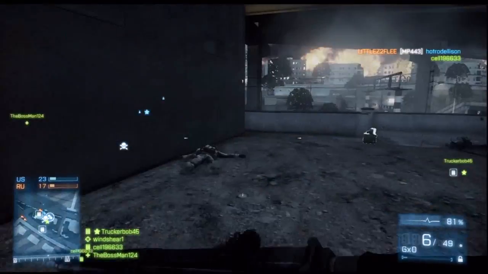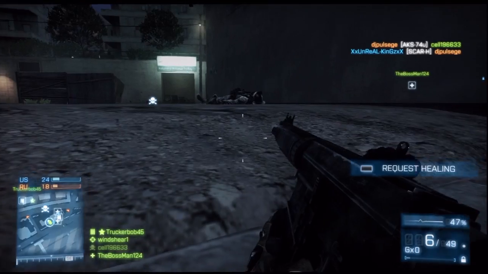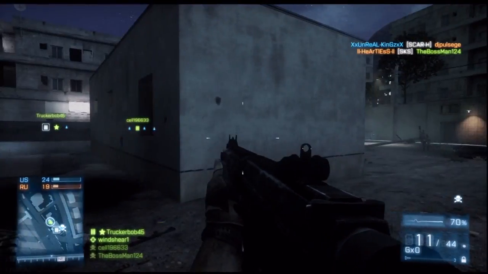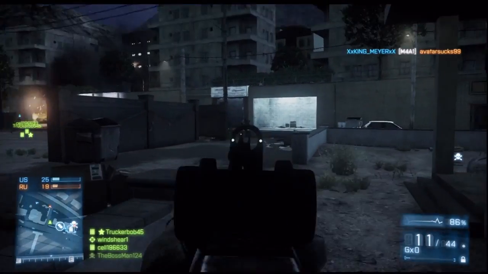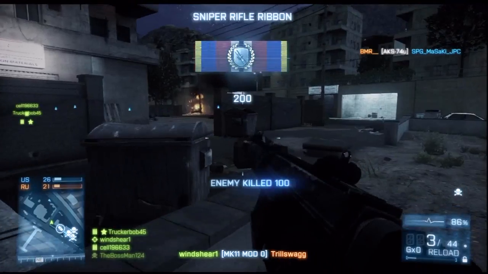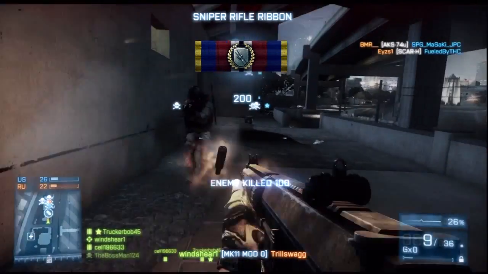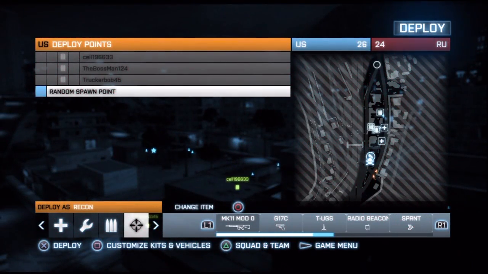Destructible environments. I mean, you can blow up walls and buildings. If somebody's hiding behind a wall, you can just blow them away with a grenade or a rocket launcher if you have it. There's not really any noob tubes in this game. A one-man army, you need danger close and all that stuff. This game, again, you've got to use strategy, and you've got to use awareness, teamwork, competence, intelligence,